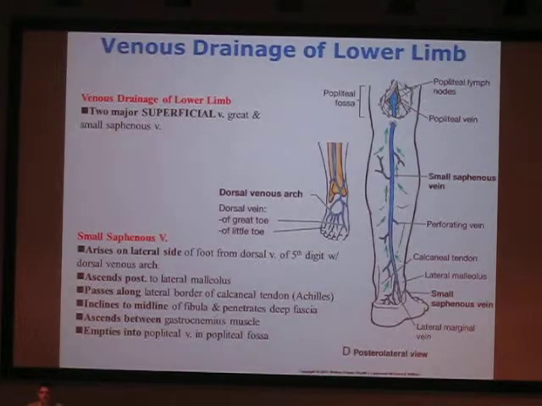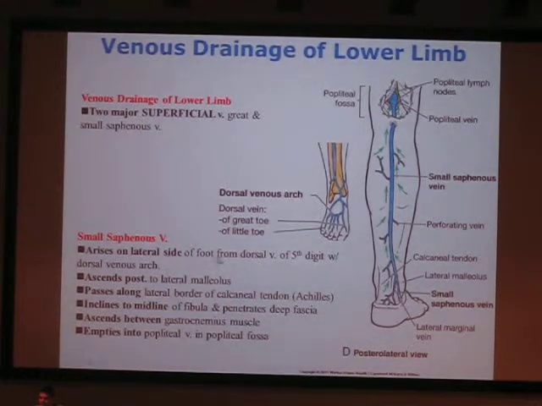So keeping on with this venous drainage of the lower limb, which is where we left off last time more or less, I told you that there were two superficial veins, the great and small saphenous veins. These are the two main superficial veins. The small saphenous vein, I already went over the great one last time. The small saphenous vein